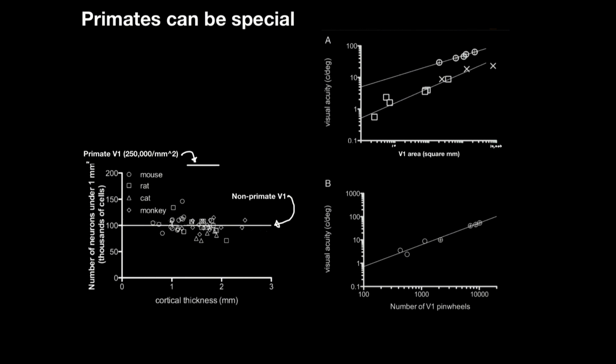If you look at different areas of the brain, and you count the number of neurons underneath 1 square millimeter of the cortex, how many are there? Across different species, and the species that were studied here are mouse, rat, cat, monkey, and also humans, and some other animals. Those are the ones that are on this graph. And the figure down here, this figure,